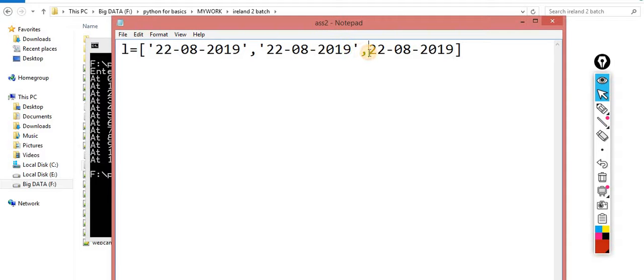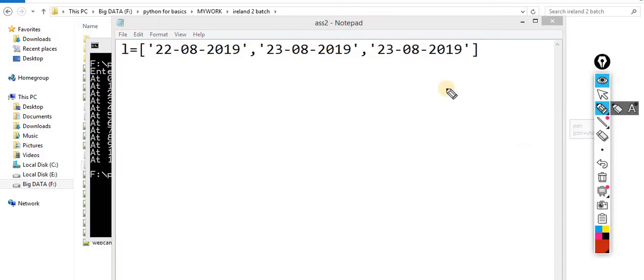I need a new list, and in that list what should the output be? The output should be in this order. Let me write the order. This is a concept similar to the swapping of numbers. The output should be something like this: 2019 2208, and rather than these hyphens you have to use these slashes. So this one is the concept to do the same thing.